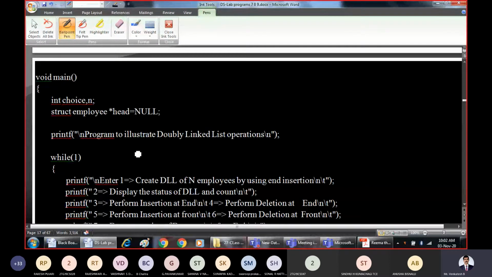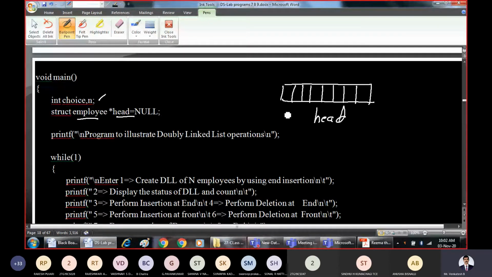The program execution will always start from the main function. These are the variables which are used for processing purposes. For the above structure definition, we are declaring a node called head. As per this, I am telling what happens in this statement. I am going to take head as a new node and store null everywhere. Nothing is there now. It is an empty header node.